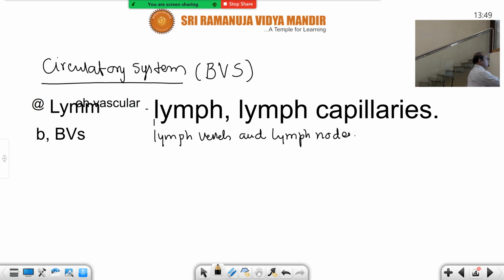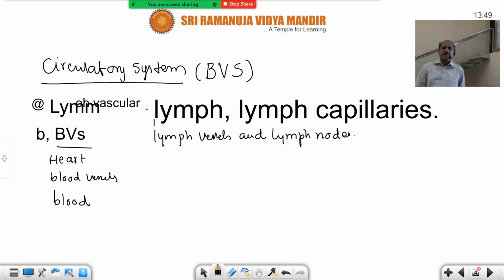Now the blood vascular system of the frog. The blood vascular system includes the heart, blood vessels, and blood. Like that we can divide the blood vascular system into three categories: the heart, blood vessels, and blood. Let us take the heart first of all. The heart is three-chambered, you know pretty well. In both reptiles and amphibians, a three-chambered heart is there. All reptiles have a three-chambered heart except